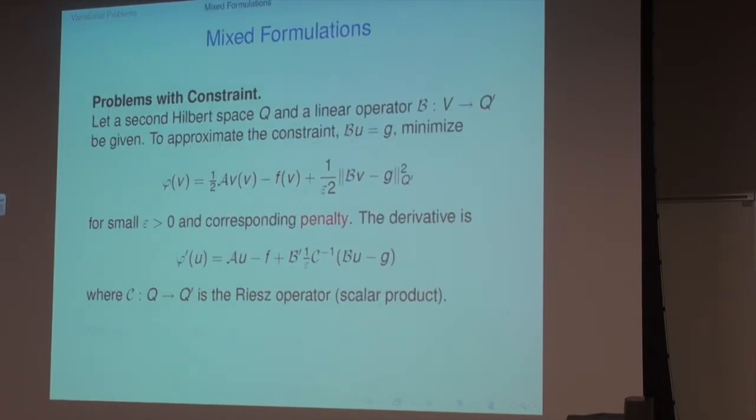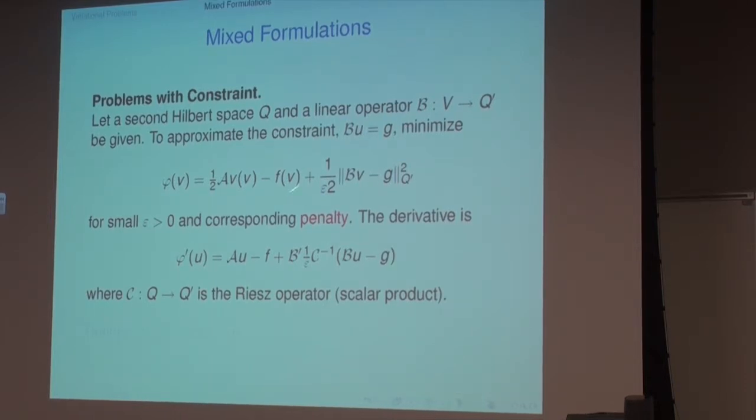Change the problem a bit. Add a constraint. Suppose instead of minimizing that same phi over the whole space, I want to associate another constraint. The constraint I'd like to impose is I want to find a solution for which B of the solution equals G. Well, as a way to start off, for example, let's just minimize this guy